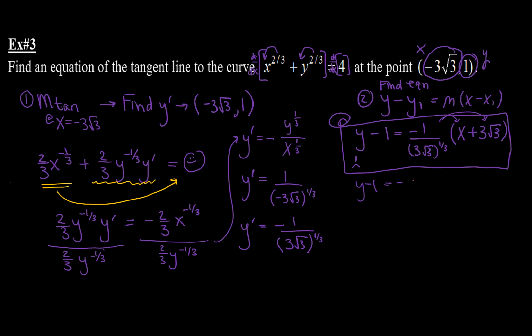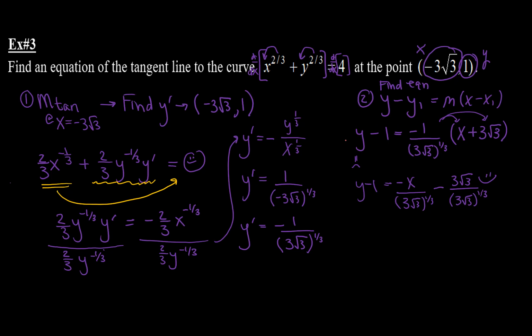And I've got negative x all over this 3 square roots of 3 to the 1/3. And then this will be minus 3 square roots of 3 all over 3 square roots of 3 to the 1/3. Now for this second piece right here, I can really simplify that by subtracting their exponents. So I would have 3 square roots of 3 to the first power, and then subtract that by the 3 square roots of 3 to the 1/3 power, and I'm going to end up with